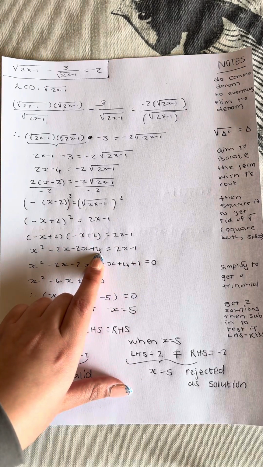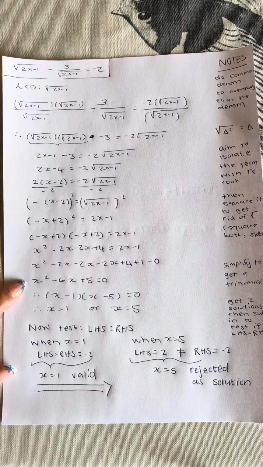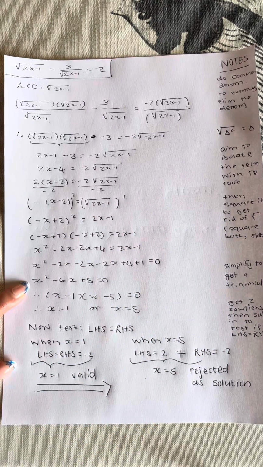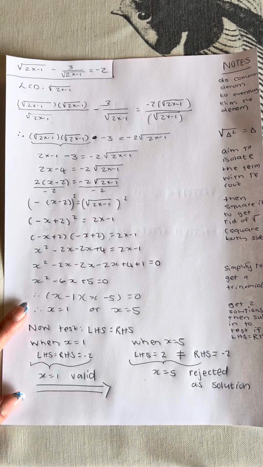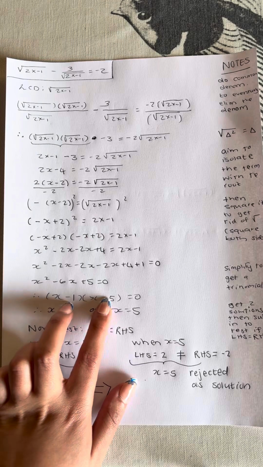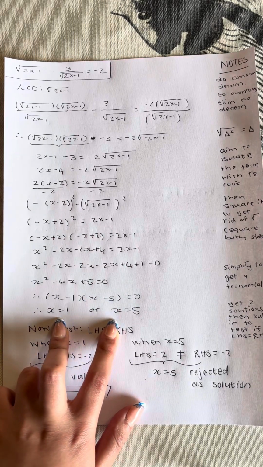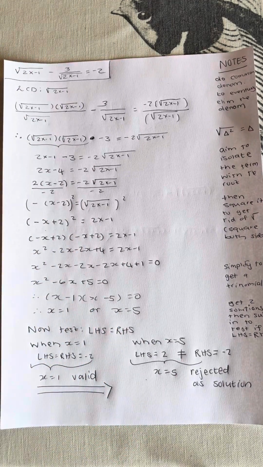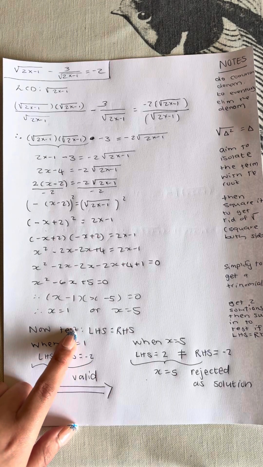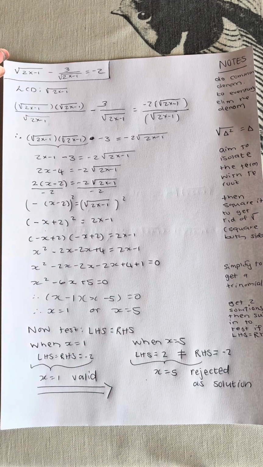So to get it into standard trinomial structure, you're going to carry everything over to one side of the equation and simplify your like terms. From here, you can use inspection to do trinomial factorization to get those two solutions set to 0. And then those two respective x values. Now, whenever you have ugly surds involved in the question, you always need to test your answer. And your test usually revolves around if your right-hand side and left-hand side in the original equation will work when you